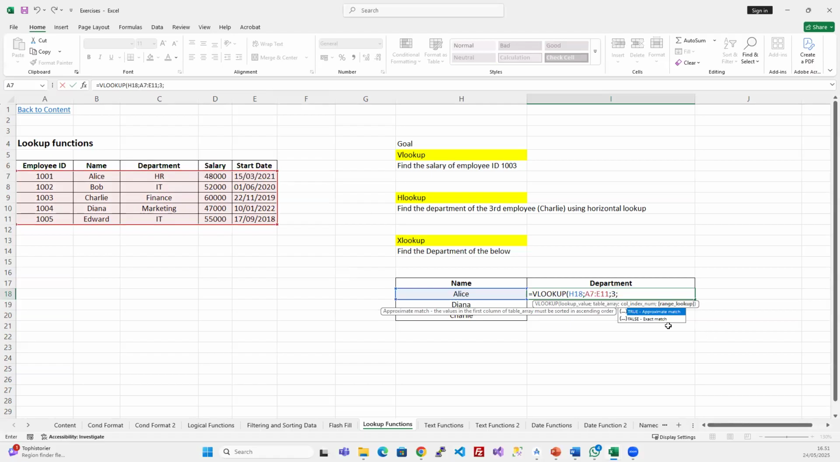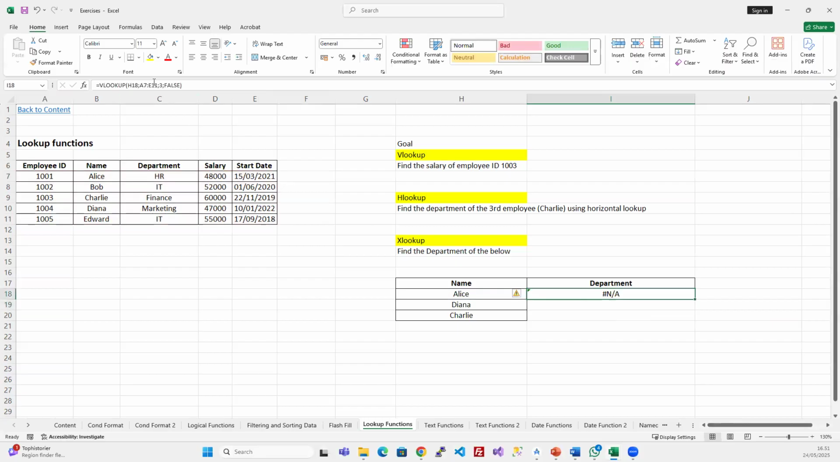It's asking me, do you want an approximate match or an exact match? In my case, I want an exact match, so I will type false, and close my bracket. And I get an error. Sorry, Alice is on column 2. Like this it works. I wanted to bring column 2. Sorry, I messed it up a bit. That's because